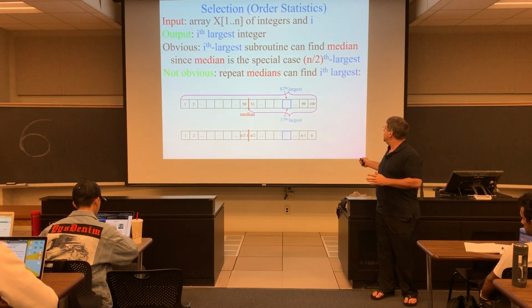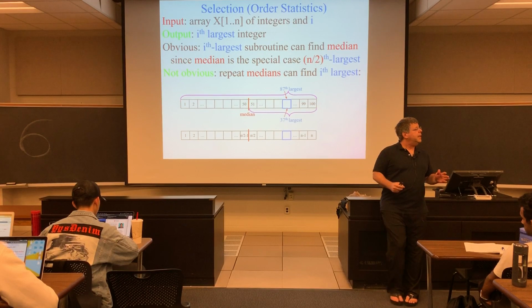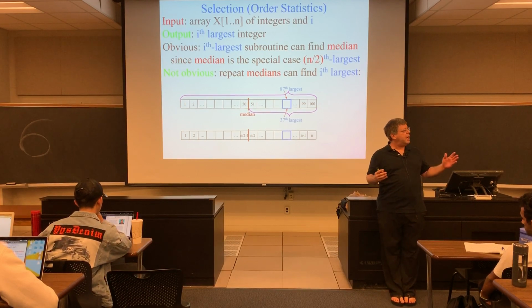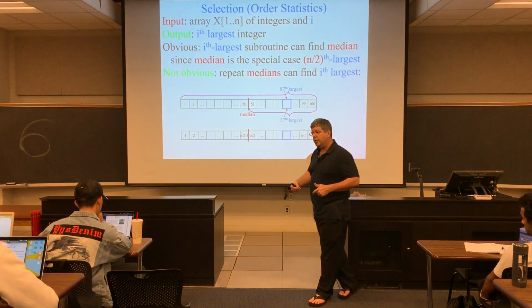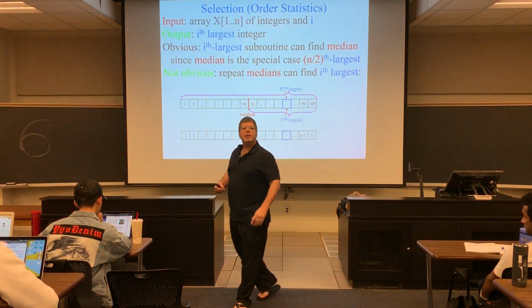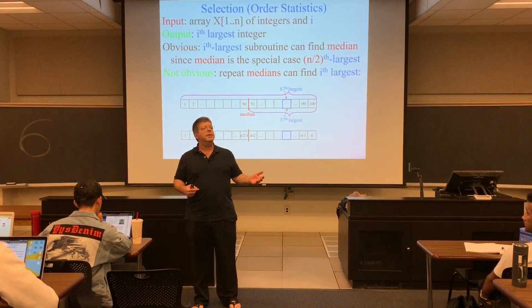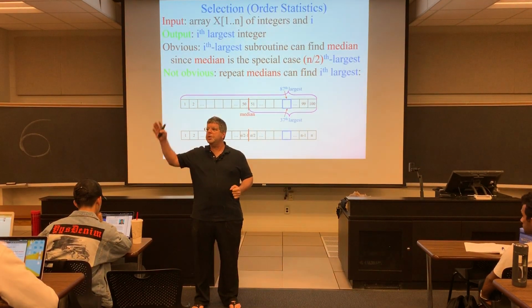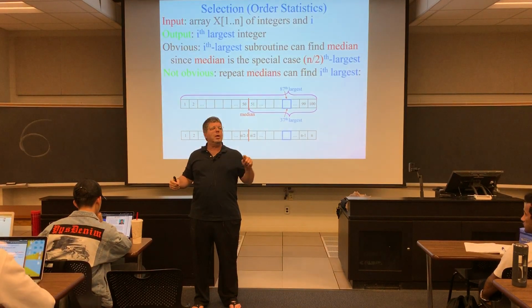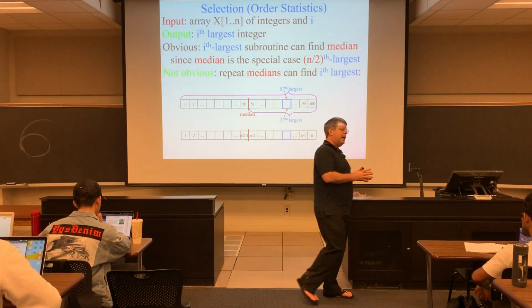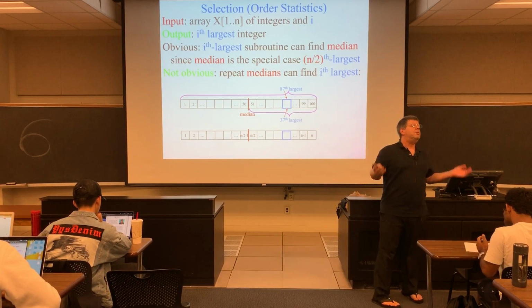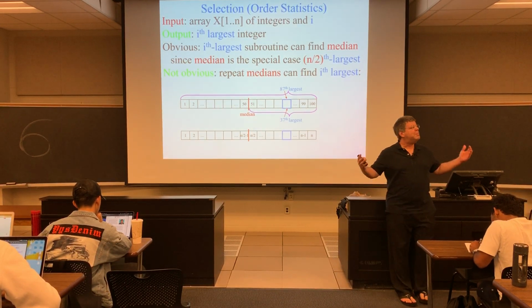Because we want to find the median of the upper 50. And then you call it on n over 4 things. So the total time is linear in n, plus linear in n over 2, plus linear in n over 4, which is n plus n over 2 plus n over 4, and so on. The total will be 2n, right? How many see this thing converges to linear? So you make a logarithmic number of calls to the median subroutine with inputs smaller and smaller by half, and the total time expended in total